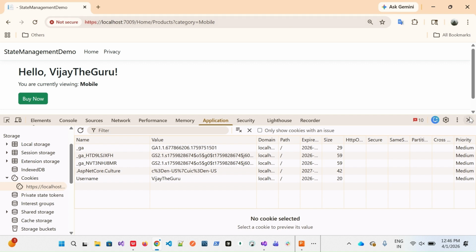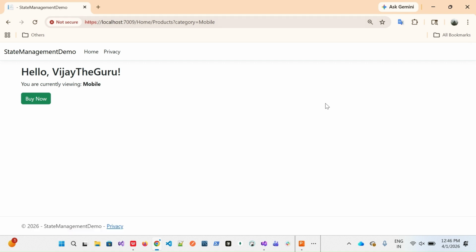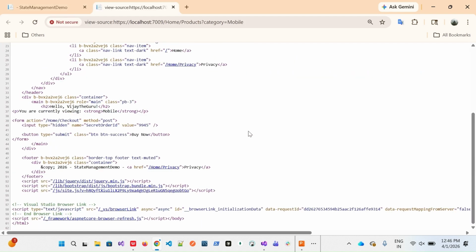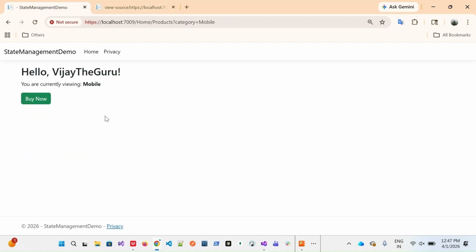Now I want to show you the HTML. By Control U, you can see the HTML. In that, the hidden field I used this way: input type hidden, secret order id, the value is 9945. So in state management, if I click on that Buy Now button, you can see that